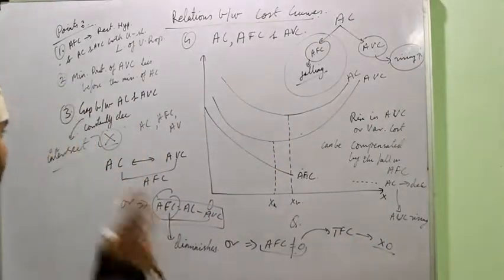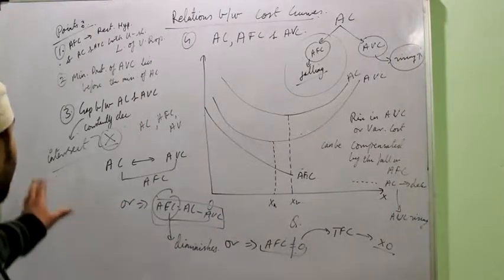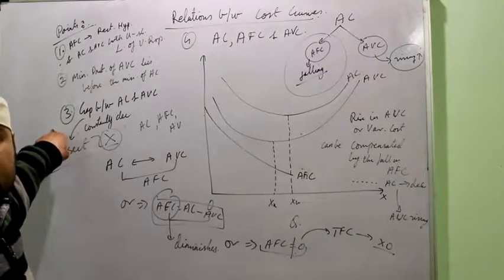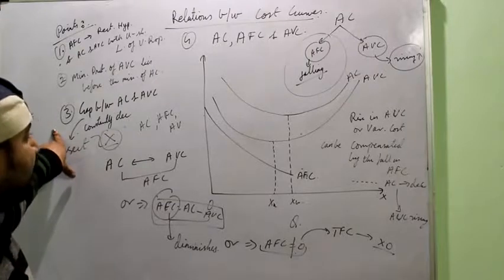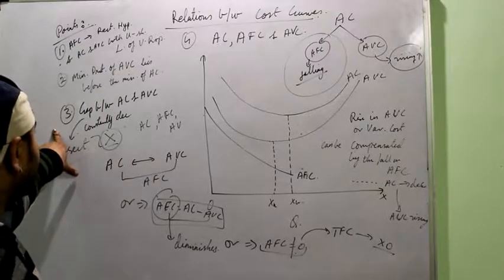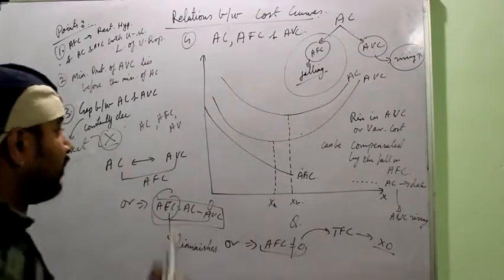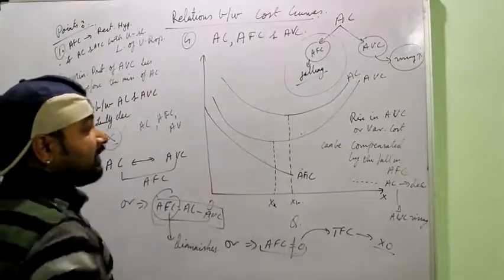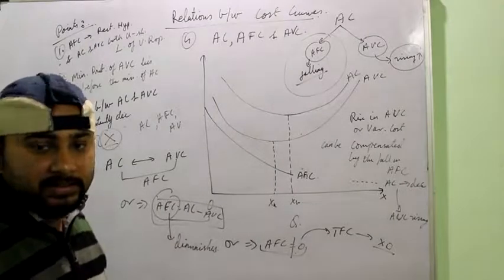So two important things can be understood by this particular third point. And the second and the third point may be asked individually as a question, so you have to remember it. The other points of explanation are general, which may be given in your book. So these are the main points which you have to understand in these particular curves. Two important things: one is the gap reduces. The second thing is why the minimum of ABC lies before the minimum of AC.